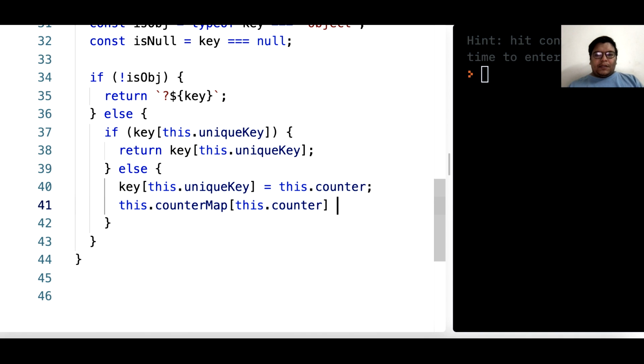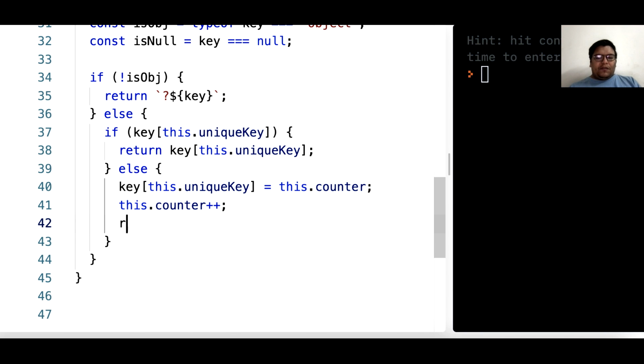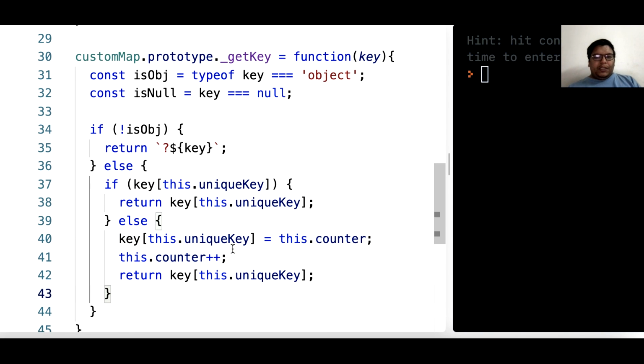Actually we don't need it, so we just set it. We will increase the counter by 1 and we will return the current value. So this is what we are doing.